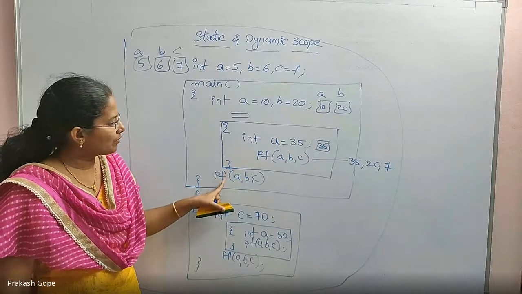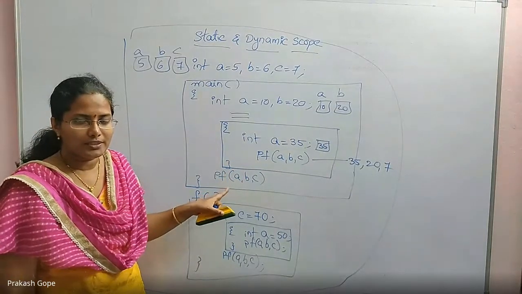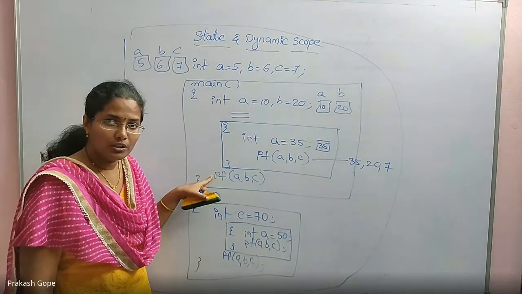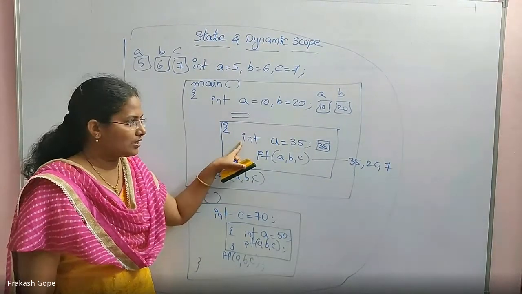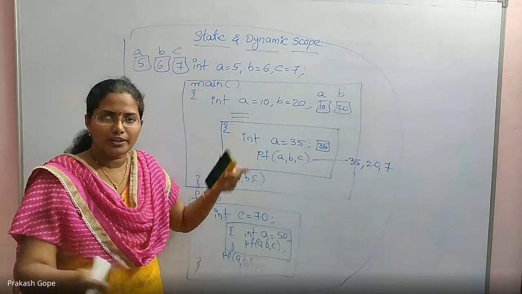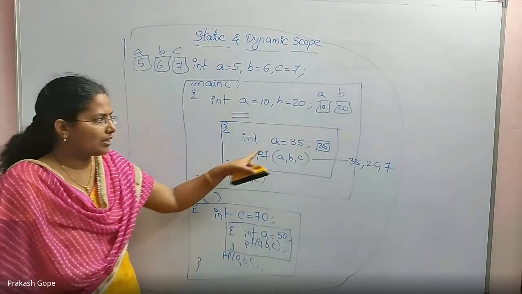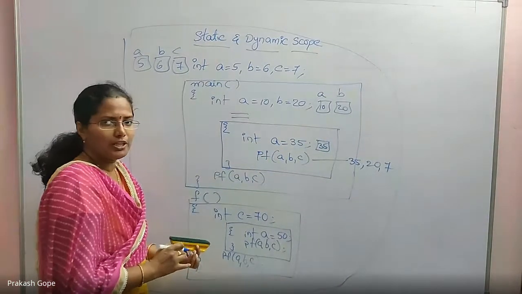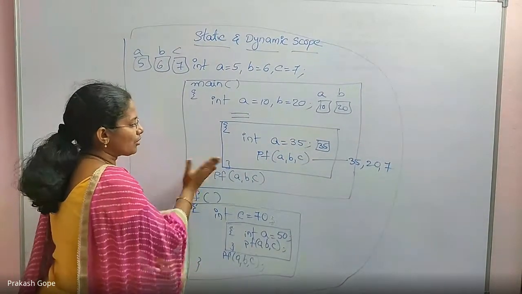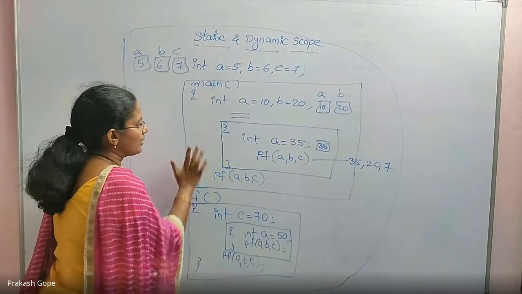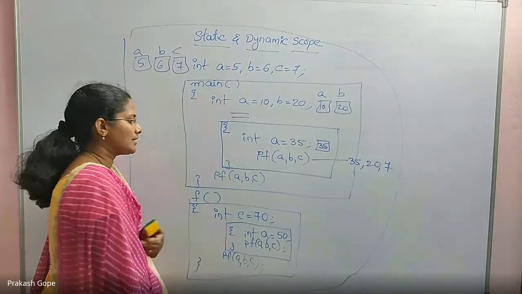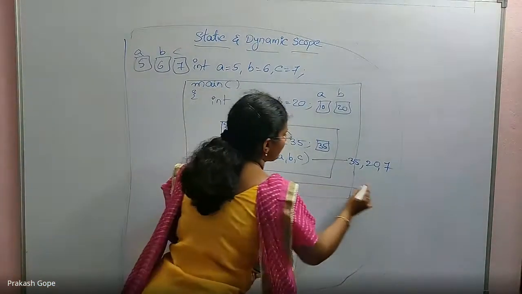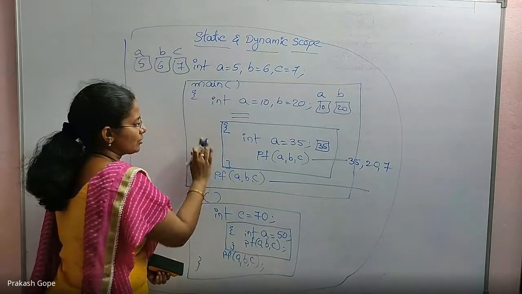Now once I come out of this block, I told you in the storage classes, especially when they are auto variables, once the control leaves the block, obviously the variables that were declared in the block are dead. The memory is released. They are not available anymore. Once the control comes out of this block, this A is not available anymore. Because you are in this block now. You have come out of this block, now you are in this block. So when you try to access A in that block, you are in the main function. So main's A is 10.